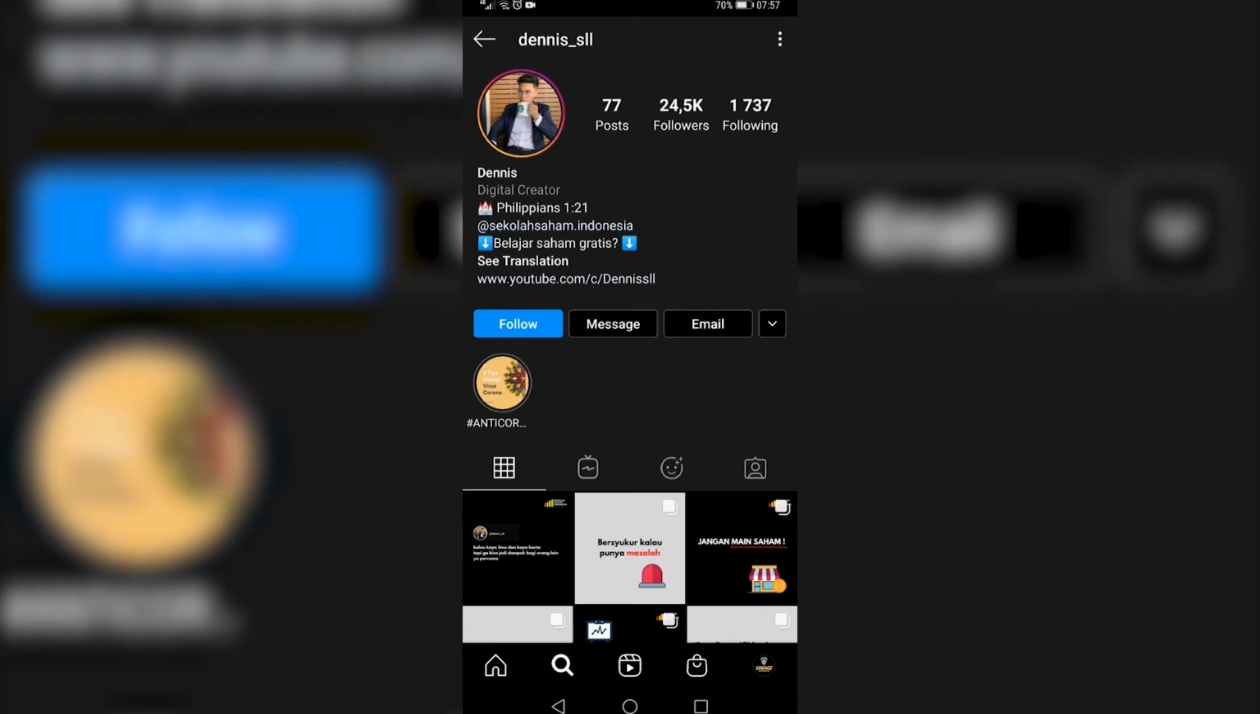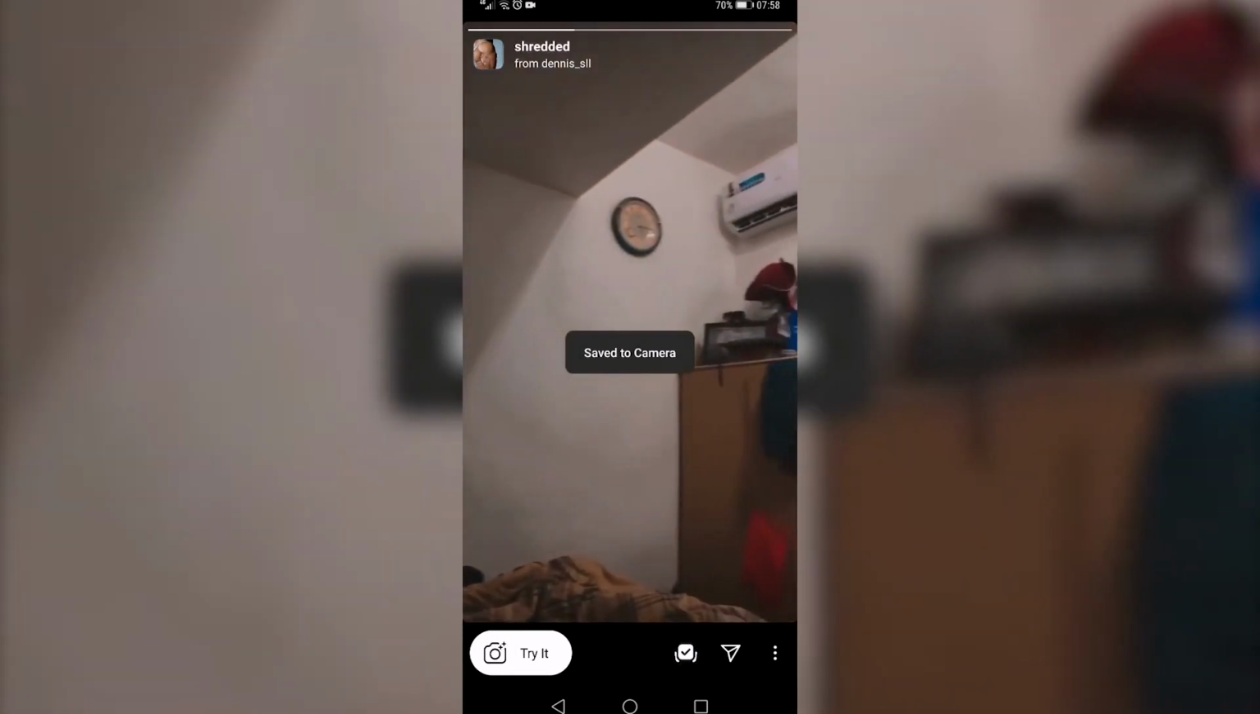filters section of this person's account, which is the third option there in that little menu bar. And then you can see the shredded filter by Dennis SLL. Go ahead and tap on that, and then you'll be able to go ahead and add the filter to your camera by tapping on that little download button there next to the share button, or you can try it from